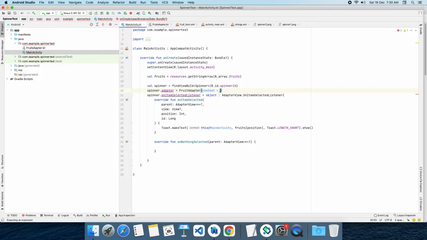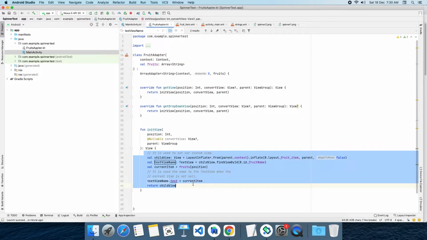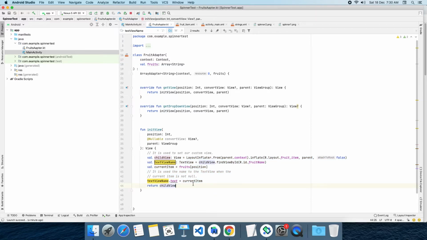that is taking context and fruit item. So what will the adapter do? It will take the layout file to render and what item it should display inside that layout. Two properties we need to give, right? One is what items it should display and what is the layout. Here is the layout for that list item, and here is the data item that we are going to display